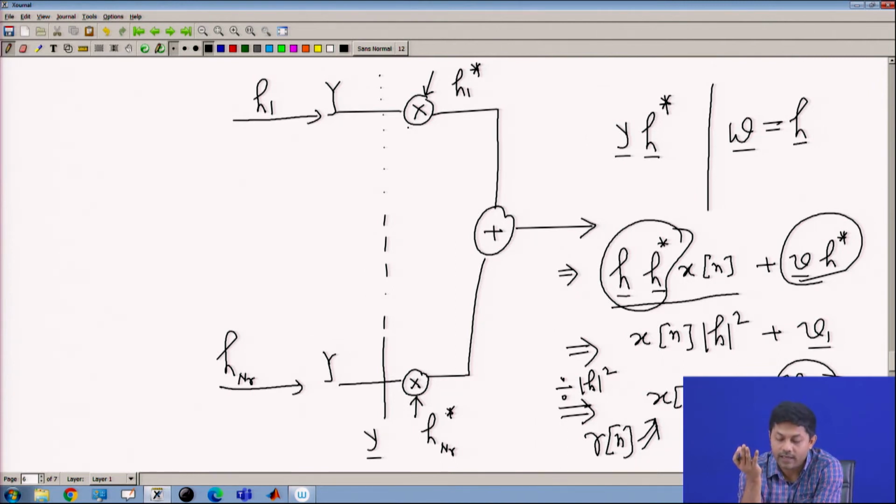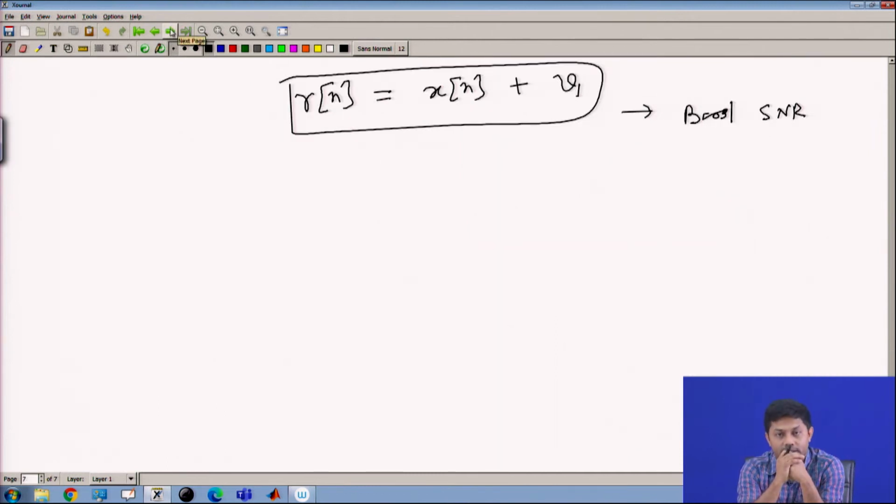What I am trying to make you understand here is that at the end of the day you have NR number of antennas, you digitize them, and you have to multiply them with an equal number of equalizer coefficients. If there are NR antennas, you get a y vector whose length is also NR, and you multiply it with NR complex coefficients. If you multiply it, you get some data and then you do a simple detection. So you get back your x n. Now, the point here is that all you are doing is in the digital domain, because you are multiplying with w.